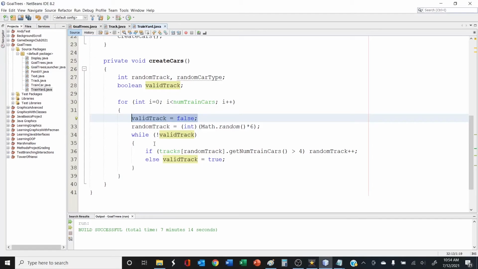So we're just going to do something. What are we going to do after we pick the random track? We're going to check to make sure that we haven't run out of room on that track. We're checking to see if that track has more than 4 cars on it. And if it does, we're going to add one to the track, and then we're going to loop back up here, and we're going to try again. See if that track has room, and so on and so on until we find a valid track. And once we find a valid track, we change this to true, we break out of the loop, and then